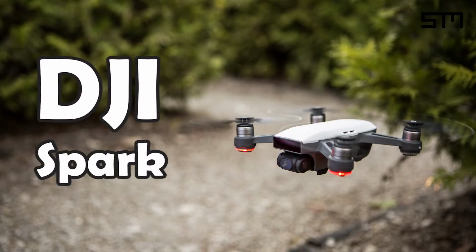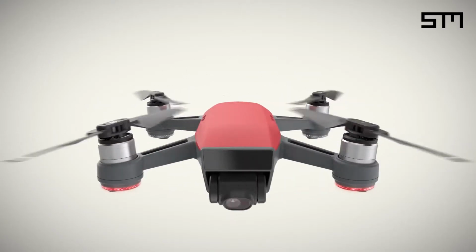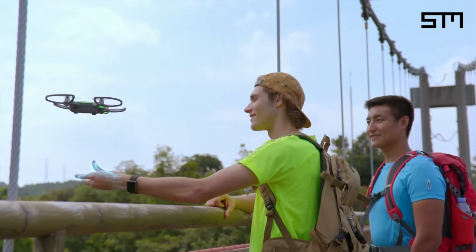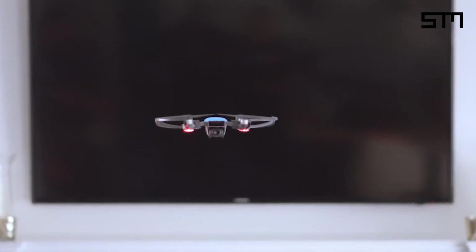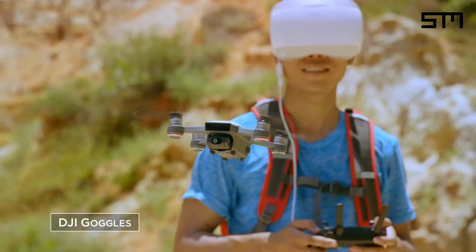The drone we have on the 5th place of our list is DJI Spark. DJI has become pretty good at making diminutive drones, and the Spark takes that to the next level, packing a host of intelligent tricks into the company's smallest ever drone. While it won't fit in your pocket, the DJI Spark is small enough to comfortably land on your hand or take off from it. It's not collapsible like the Mavic Pro, but it's so light that you can easily forget